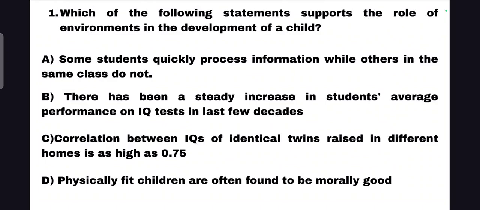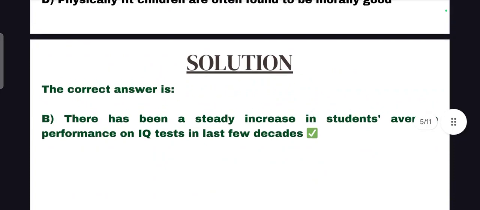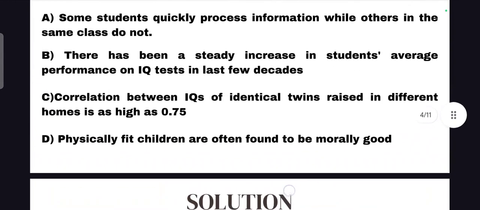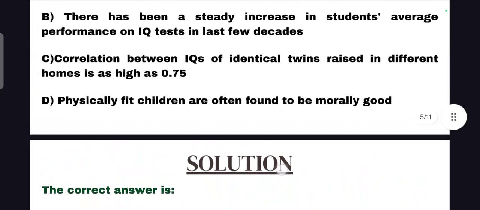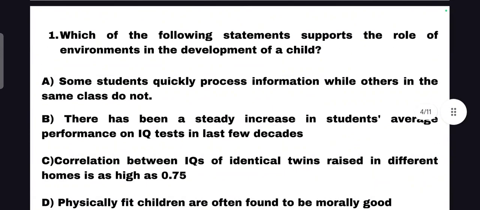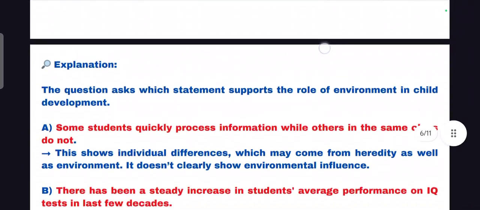Okay, let's see the solution. Here the correct answer is option B. What is option B? There has been a steady increase in students' average performance on IQ, intelligence quotient, tests in the last few decades. So this statement supports the role of environment in the development of a child. And